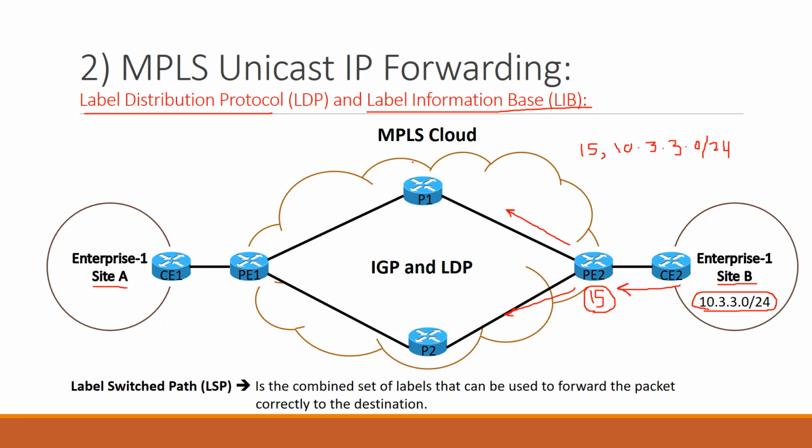How to choose this label number? Simply, P1 will check which label is not used and assign it to this IP prefix. So let's say it assigned a local label 10 to the IP prefix